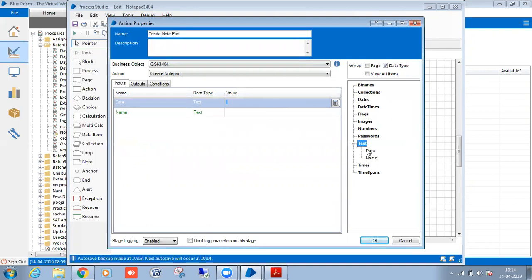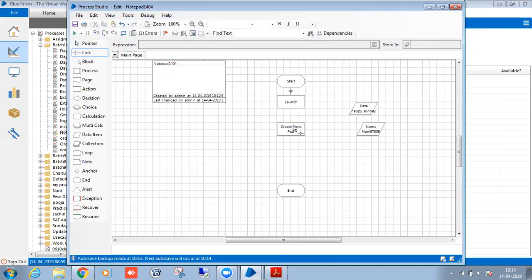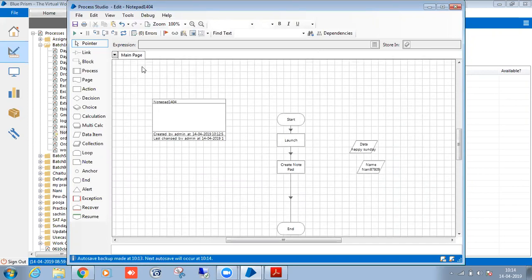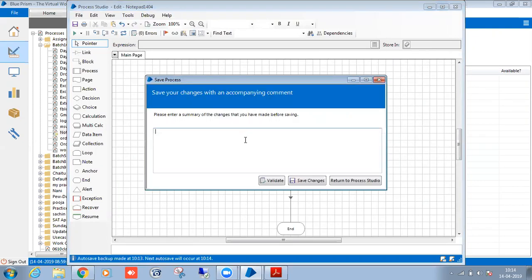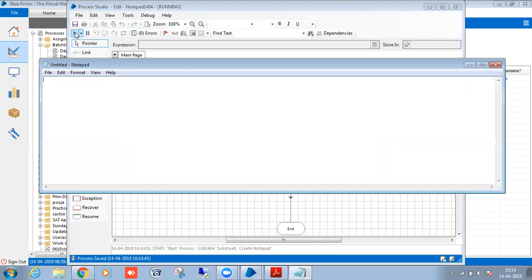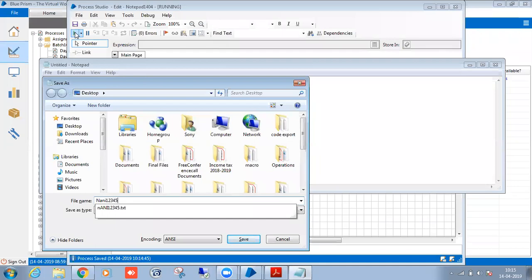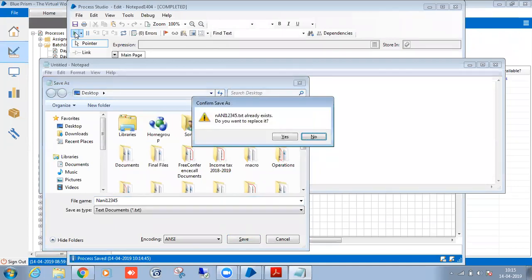Pass this data. We didn't pass the data item, so that's why it was like this.